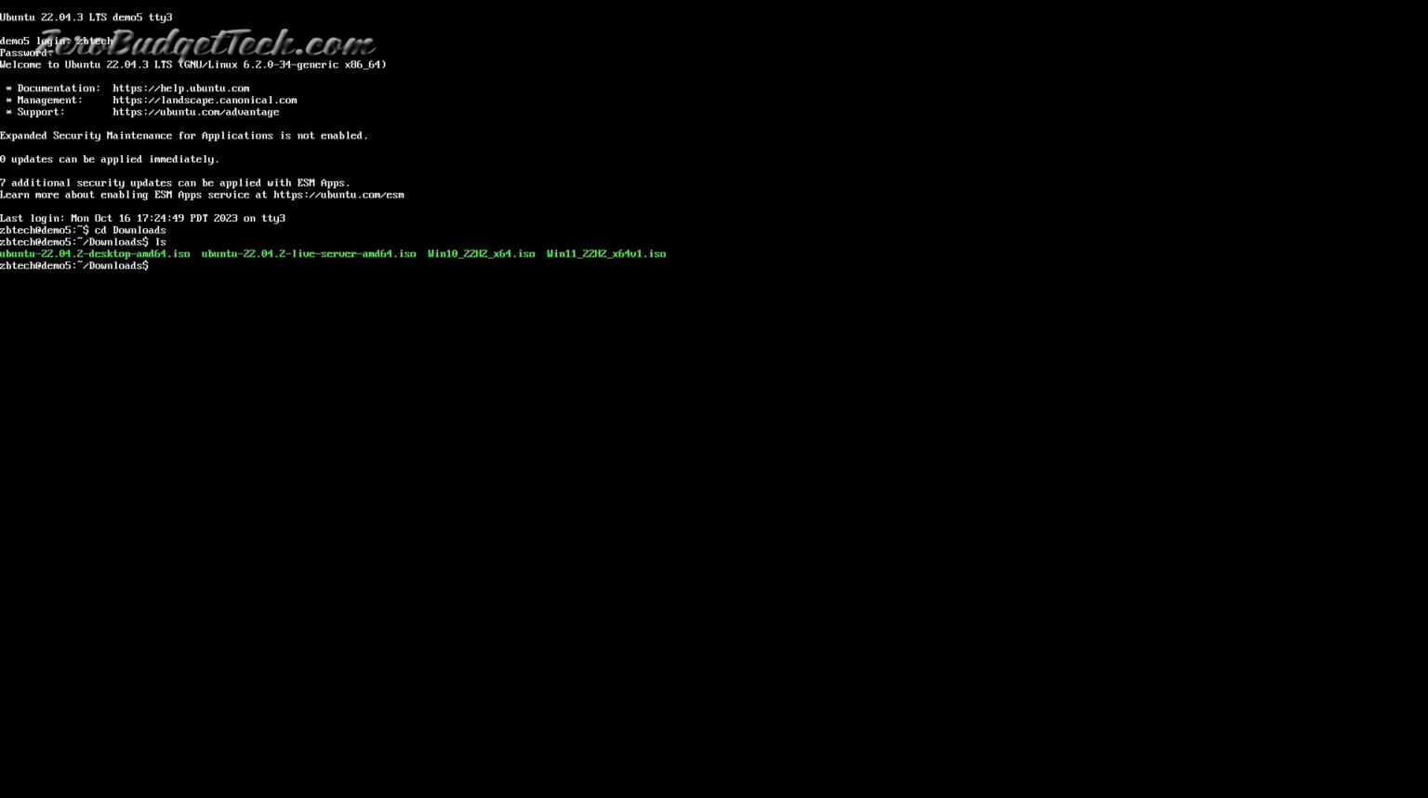Okay, so we'll get started from within my downloads folder, where you can see I have 4 ISO images for Linux and Windows. So the first thing we want to do is download the Ventoy tool. So we'll use wget and the URL, which you can find in the description,